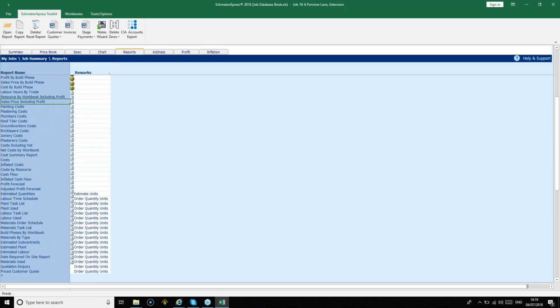The next report we're going to look at is the Plastering Costs report. You'll see there are several different trade-specific reports available. So there's a painting costs one, plumber's costs, roof tiler, ground workers costs, and so on. Use whichever ones are relevant to you. They're all set up, they're all structured in the same way, they just look at different trades. So if you click on the Plastering Costs report and open it up, either using the button on the top menu or the right click option,